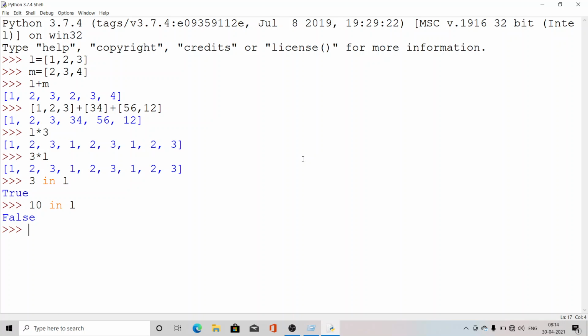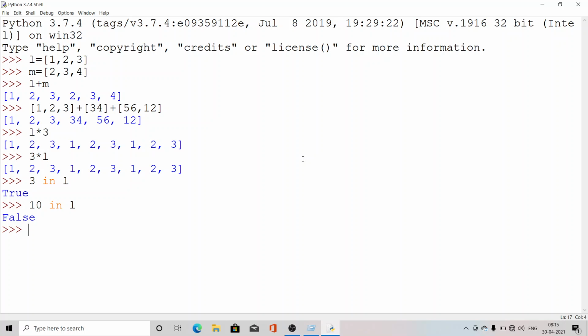So I told you that in and not in are membership operators, which check whether the value exists or not. If it exists, it returns True. If it does not exist, it returns False. So the membership operator's return type is Boolean. That also you have to keep in your mind.